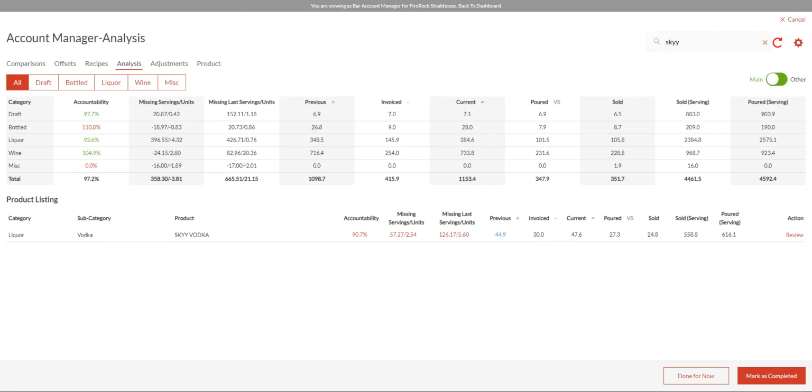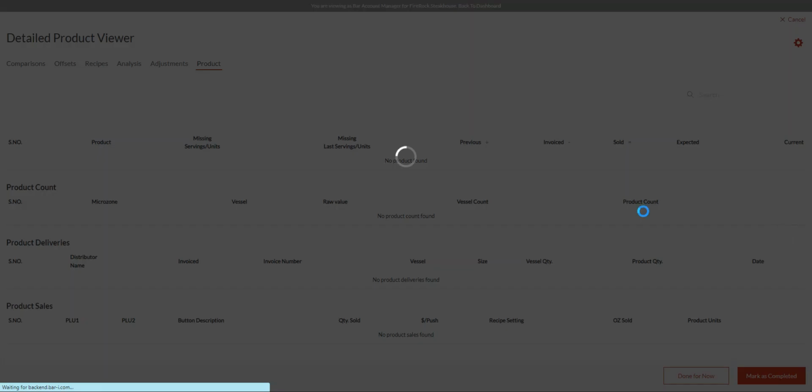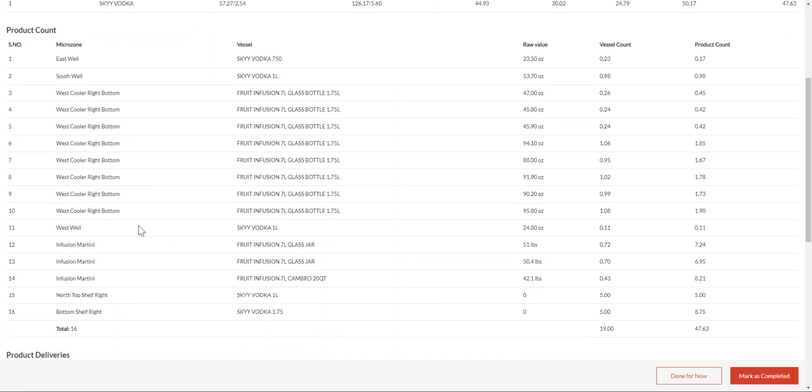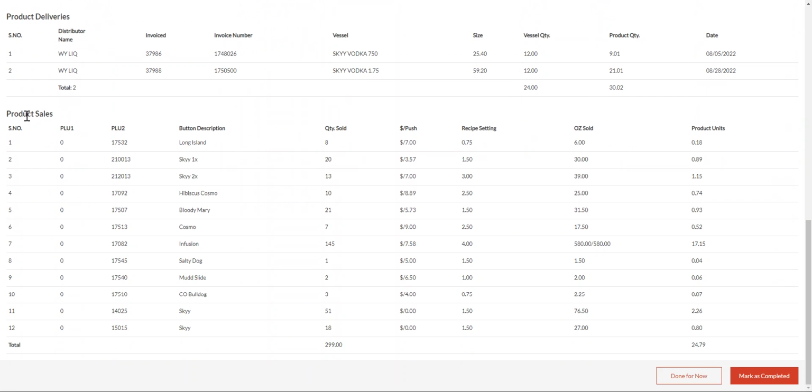Next thing to look for is whether the recipes are correct. So in this case, we have a product, Sky Vodka, and we think we're missing a little bit. We want to check out the recipes. So if you'd like to check out the recipes, again, look for the product by name, click on review, and again, from the detailed product viewer, in this case, we want to scroll all the way down to the bottom and look under this product sales subcategory,